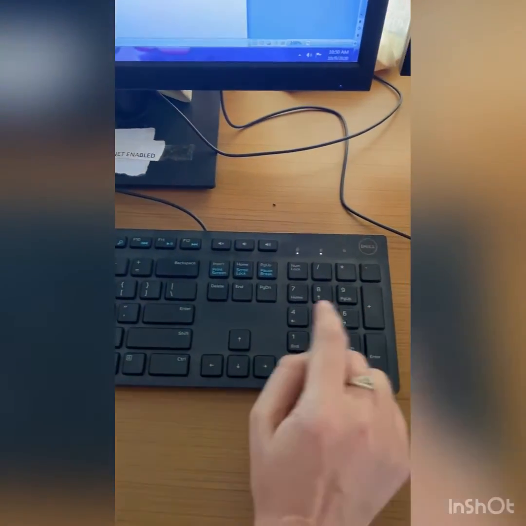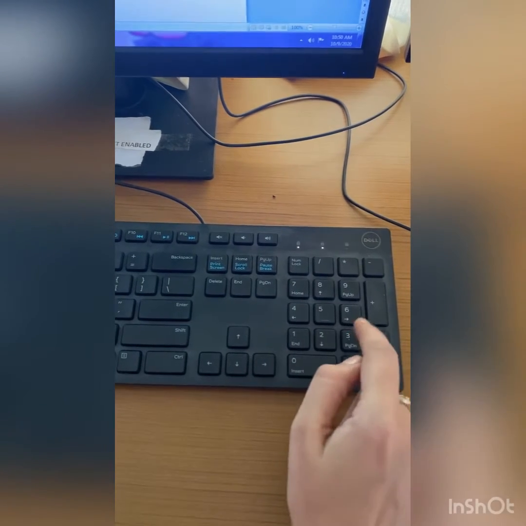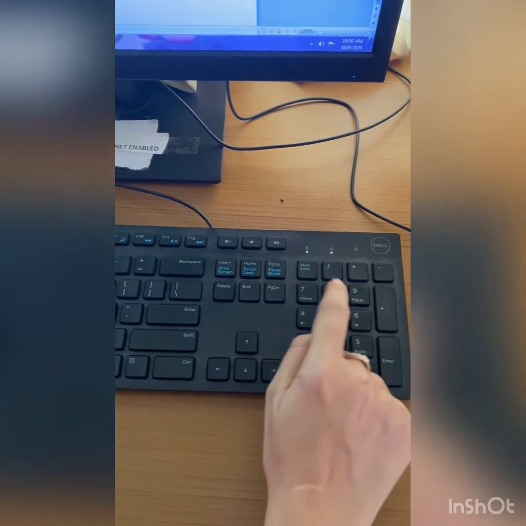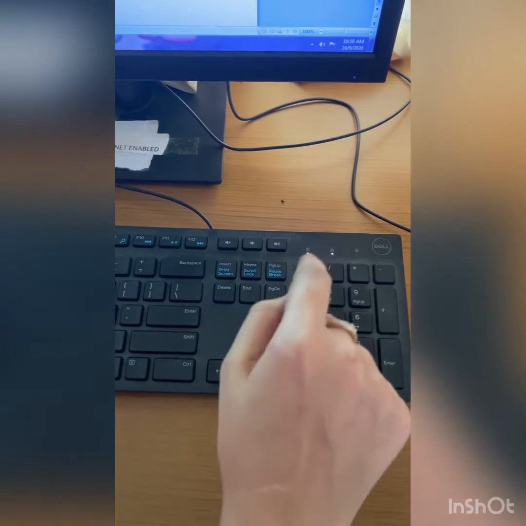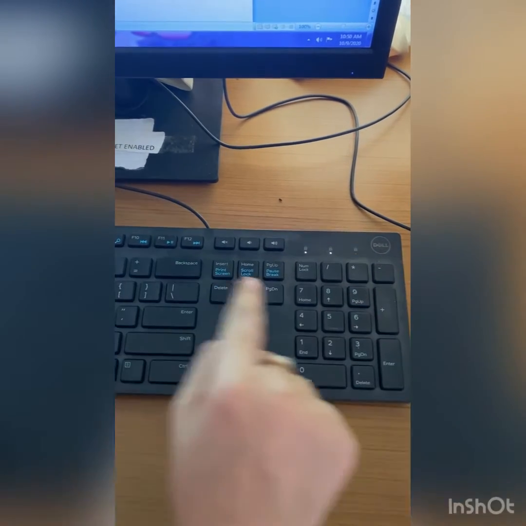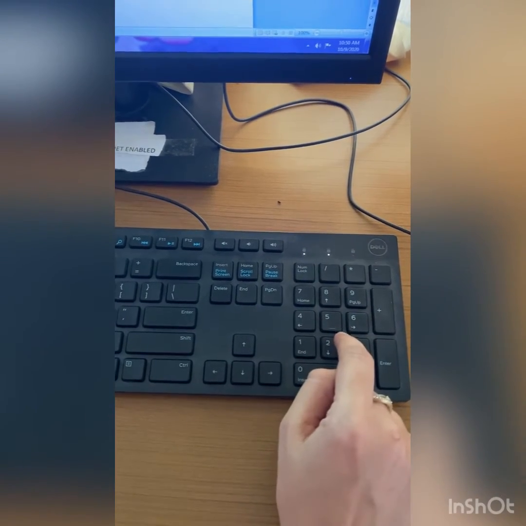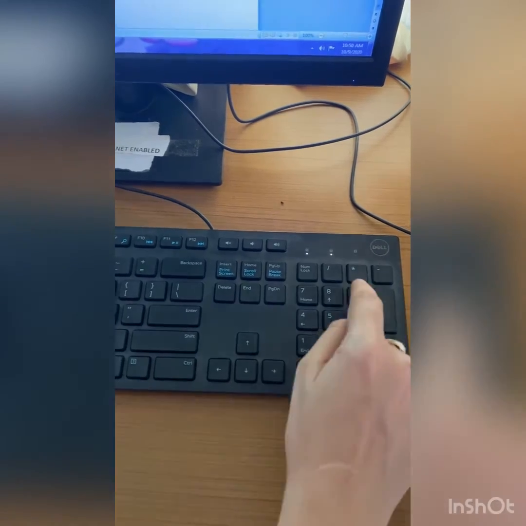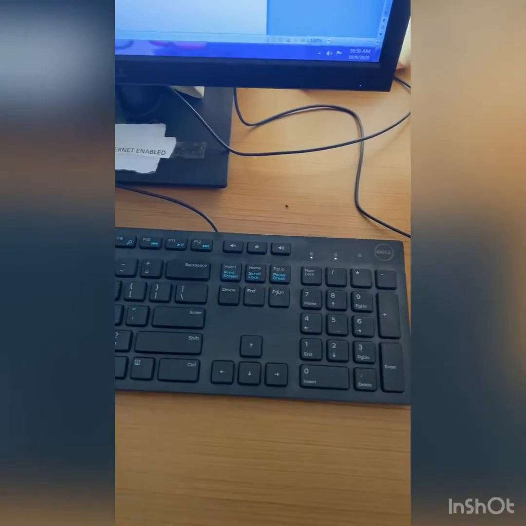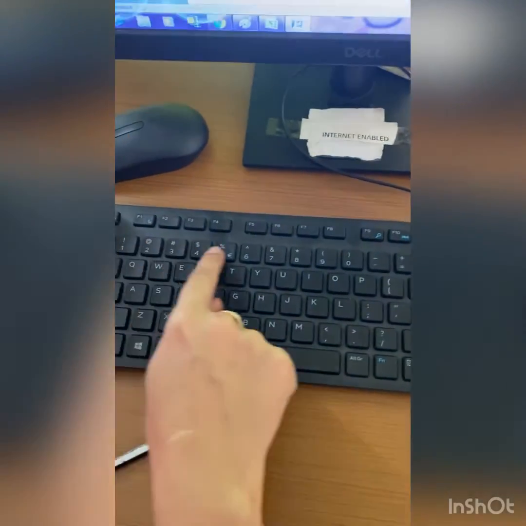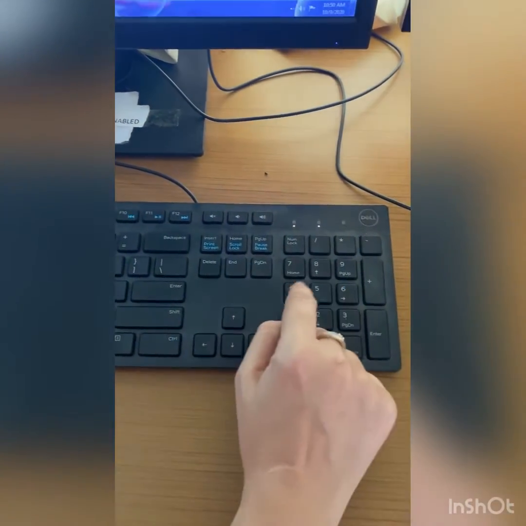And on the right side of the keyboard, 1, 2, 3, 4, 5, 6, 7, 8, 9, this is called the numeric keypad. These are number keys and these are numeric keys.